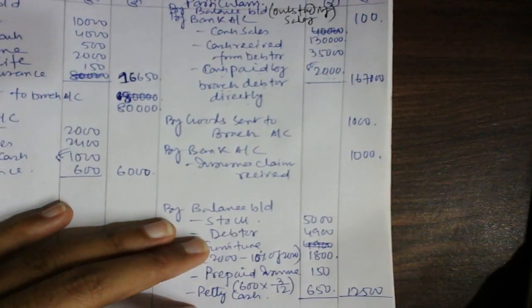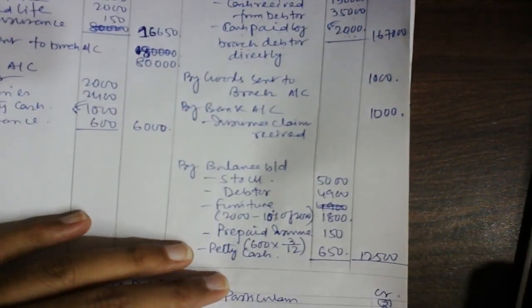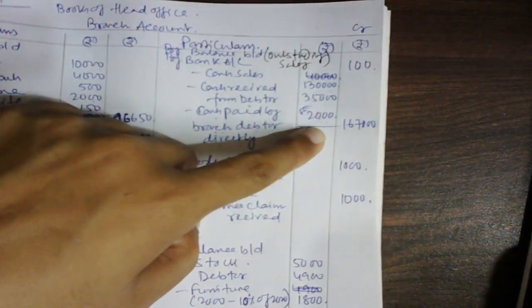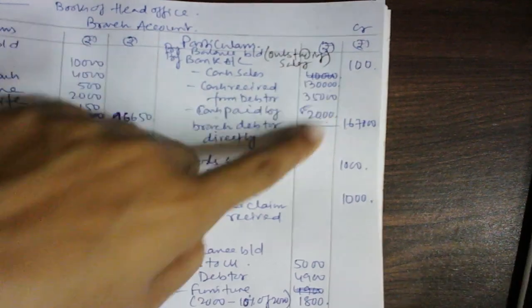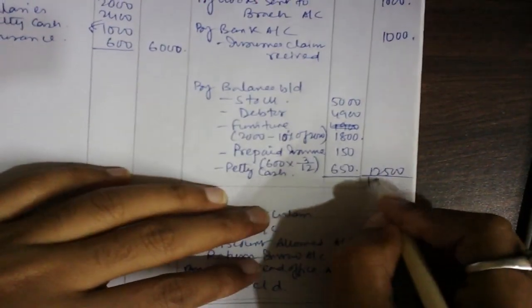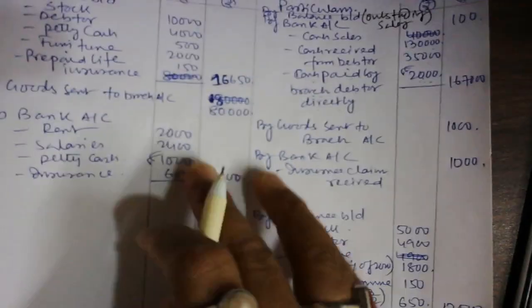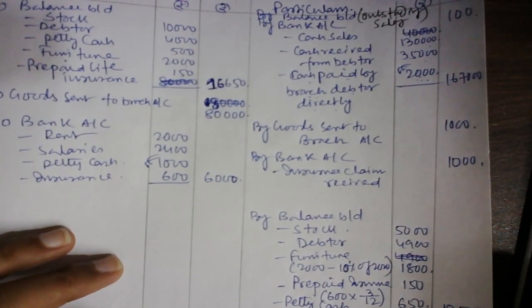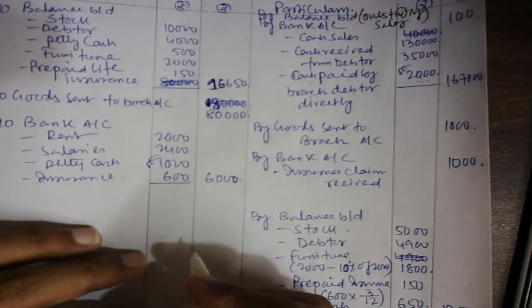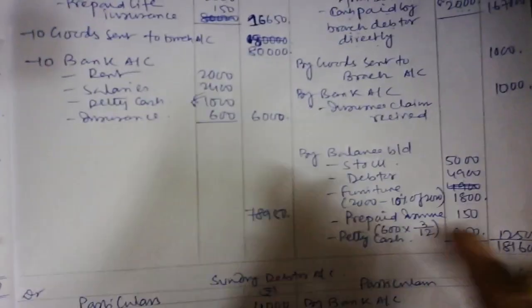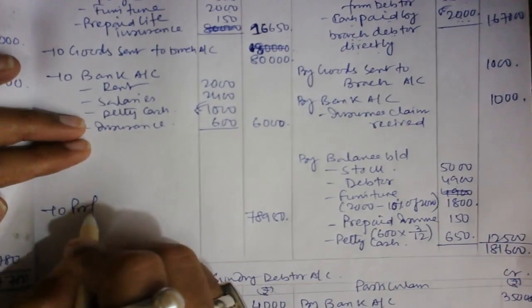So now I need to check it out. 12,500 plus 2,000 plus 167 plus 100. So I am getting a total of 181,600. 181,600. Now doing a minus of this portion, minus 16,650 minus 80,000 minus 6,000. I am getting the answer 78,950. Getting an answer of 78,950. So it is the branch profit. So you can write to profit and loss account,